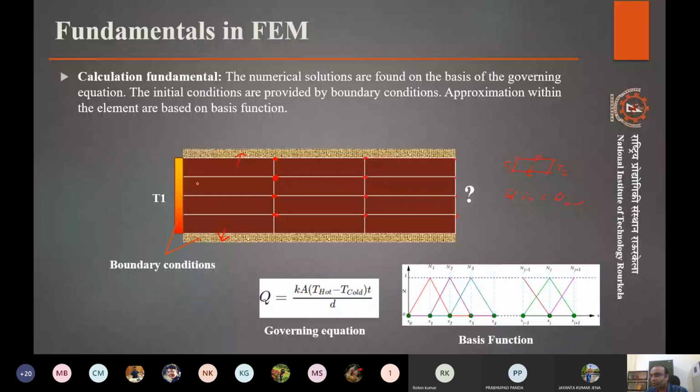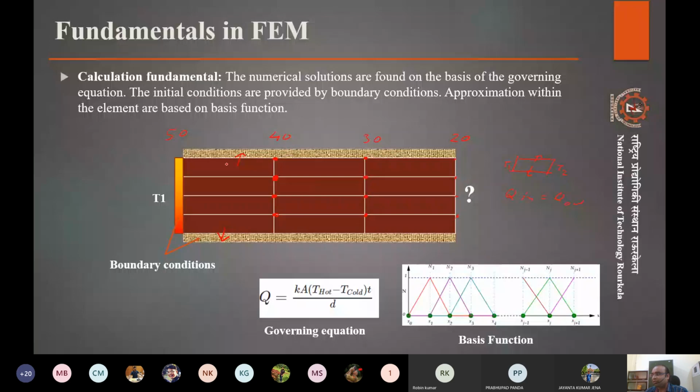The whole point is how the heat is distributed, how the temperature varies from T1 to this, and the related visualization. If we just have values at these nodes, we will just have three colors, right? Suppose this is 50 degrees and this is 20 degrees. So this will be here somewhere, it will be like 40 degrees, it will be 30 degrees. And there will be just three sets of variations. And that doesn't make any sense, like this can be done easily, right?